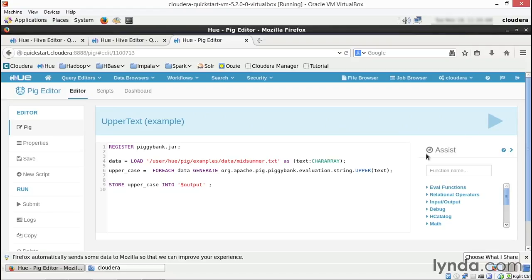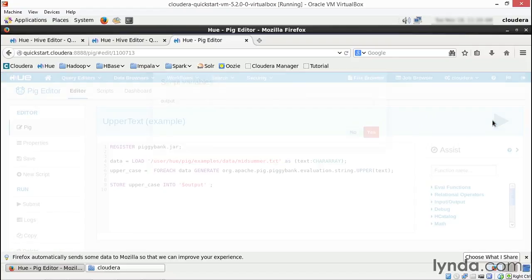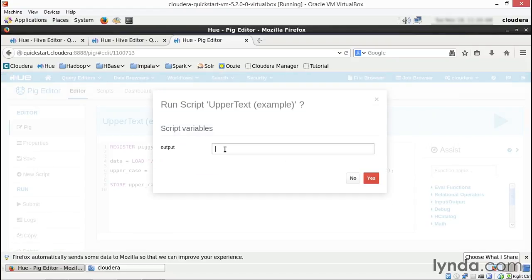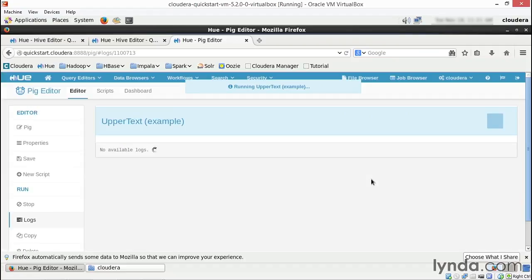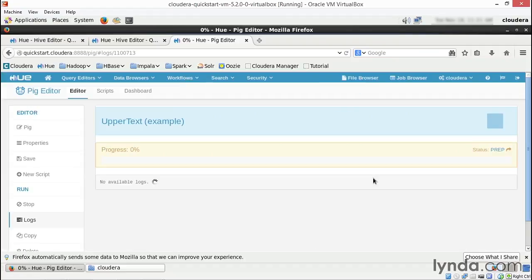So let's go ahead and run this. And we need to specify where this output variable is. I'm just going to go ahead and put test output, lin. And now this is running. And just like with the Hive example, the underlying implementation is going to be MapReduce. So if we wanted to, we could go over to the job browser and look at the status